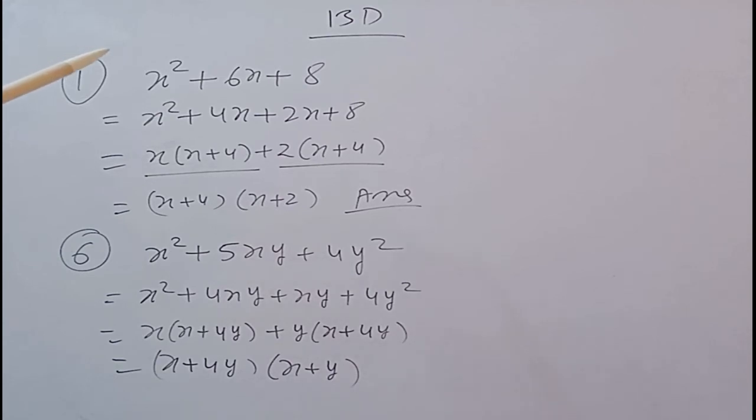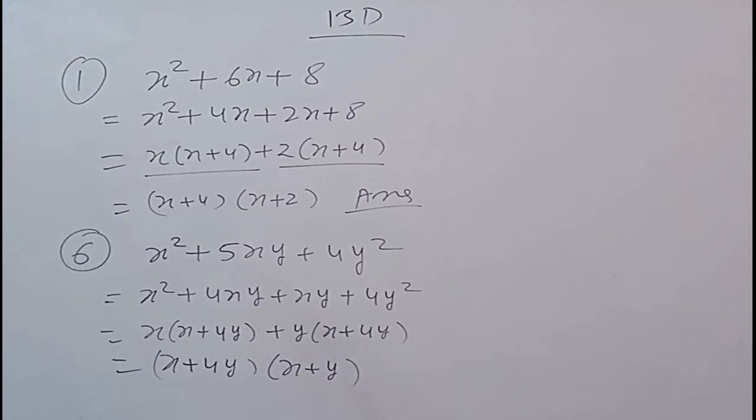Now we will make the factors of 8, so that the product of the two numbers will give you 8, and the sum or the difference will give you the 6x. So we just find 4 into 2. What is 4 into 2? That is 8, and 4x plus 2x, that will give the 6x. So 4 and 2 are the two factors, and we will divide 6x into these two parts. So x square plus 4x plus 2x plus 8, we will write for x square plus 6x plus 8.